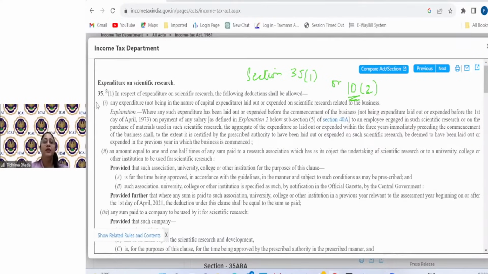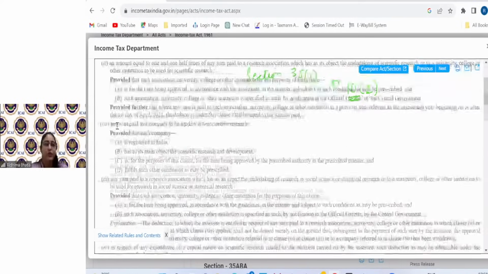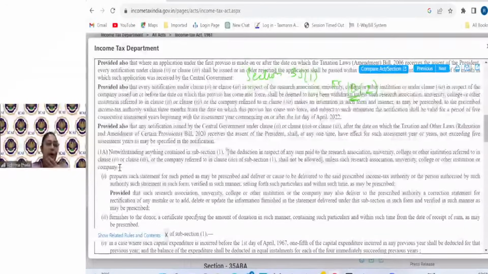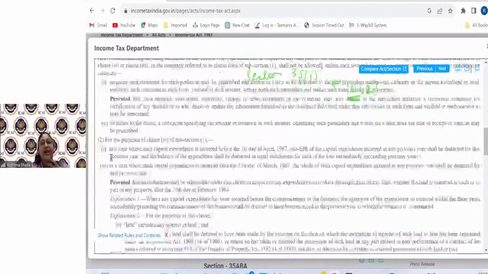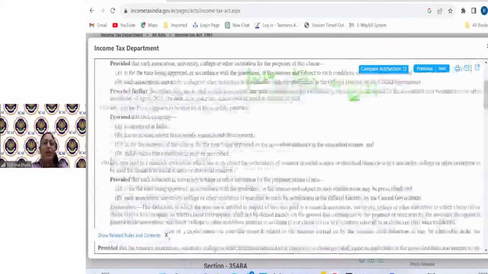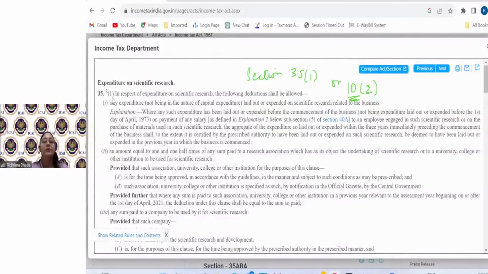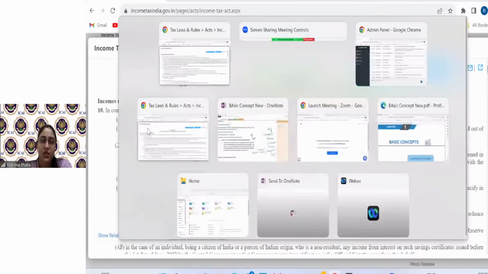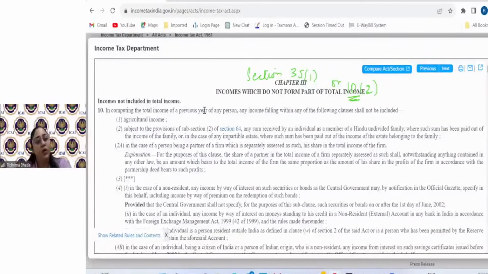So what I told, when Section 35 starts directly with a bracket, that means these are all interrelated. The para divisions, subsection 1 and subsection 2 or subsection 1A, they are interrelated. They are called subsections. Each division of the sections that is interrelated is called a subsection. When divisions of the sections are not interrelated, they are called clauses.